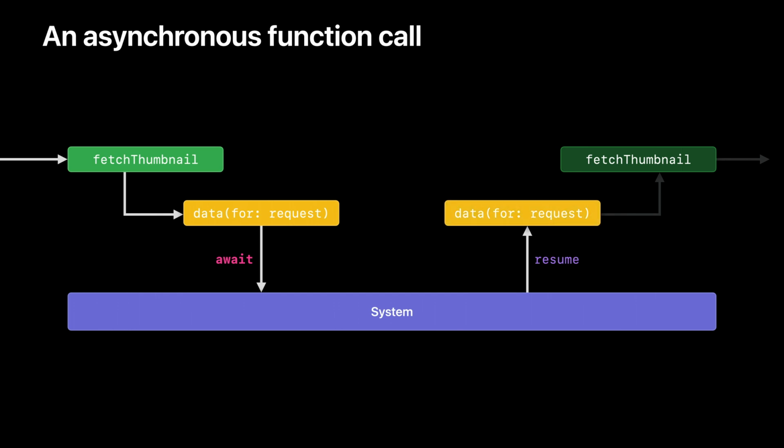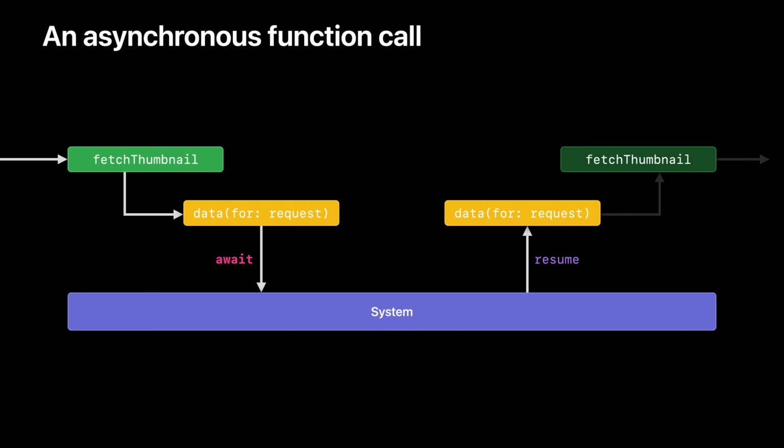That async function is then back in control of the thread and able to keep going about its work. And if it wants, it can suspend itself again. In fact, it can suspend itself as many times as it needs to. On the other hand, it may not need to suspend itself at all. While an async function may suspend, just because it's marked async doesn't necessarily mean that it will suspend. And by the same token, just because you see an await doesn't mean that the function will definitely suspend there.